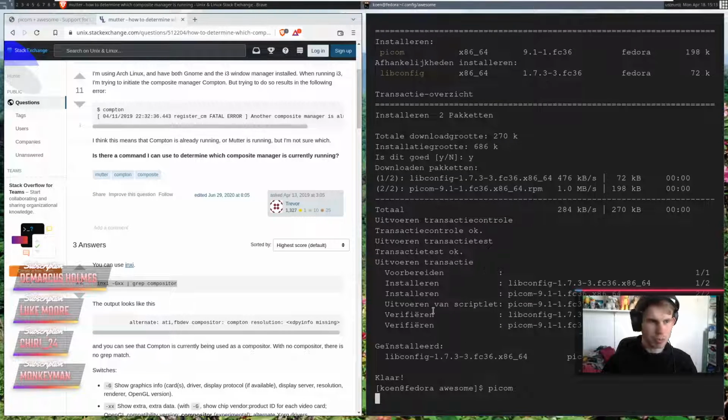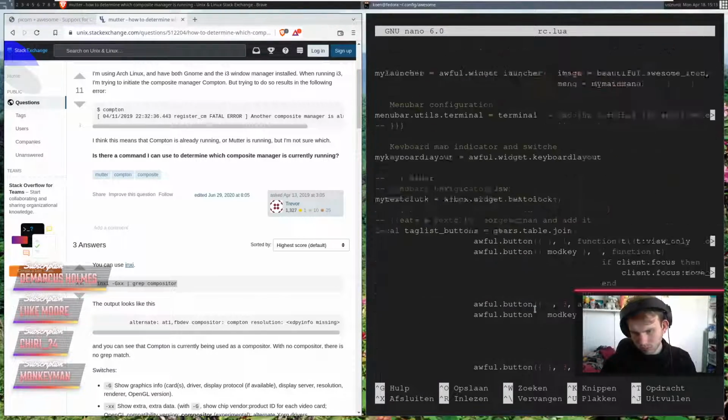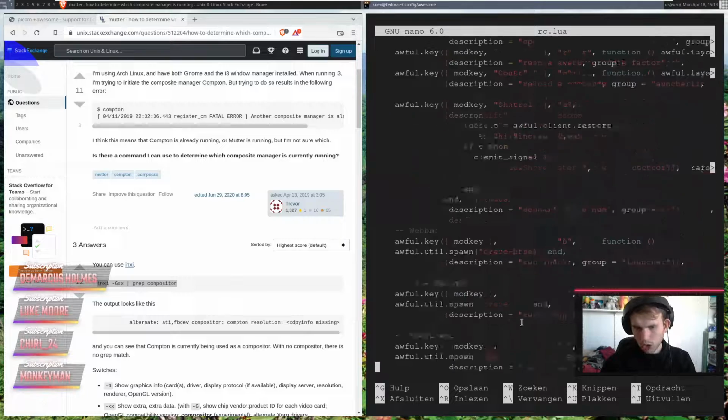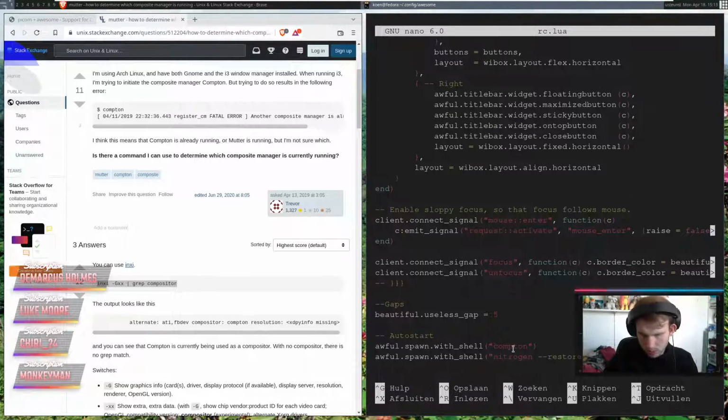That actually looks quite promising. What does it do when I do this? Doesn't do a whole lot, but what I should be able to do now is add it to my rc.lua. Go all the way down to the bottom and then add an autostart with picom.